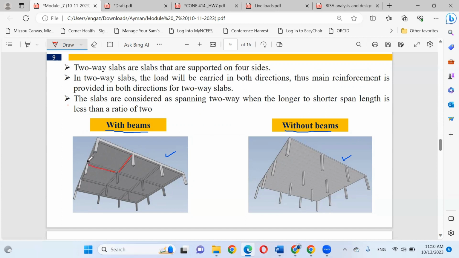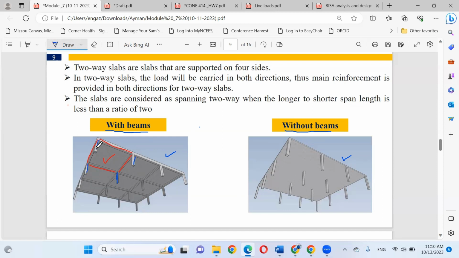I have a beam between each two columns. These four beams will create a panel, and you can put your slab here. So your slab is supported first by the four beams, and then the four beams are supported by the columns. And that makes sense. This is the typical structural system for any slab.